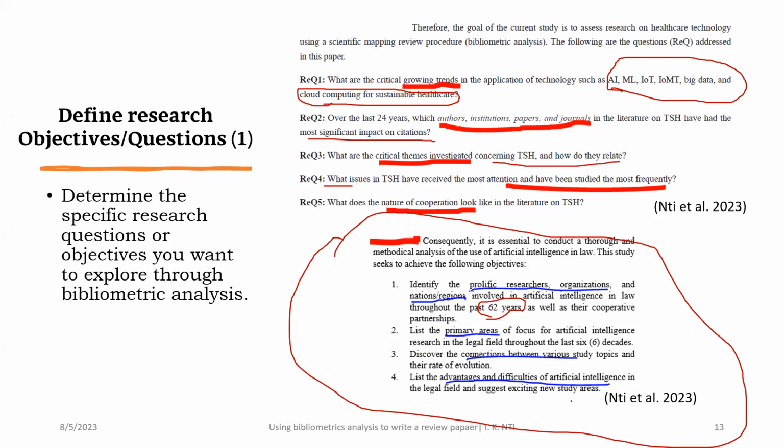So what they want to do again is try to see which area in the legal framework AI is being applied, and then discover the connection between various study topics and their rate of evolution. And the last one, list the advantages and difficulties of artificial intelligence in the legal field, and suggest